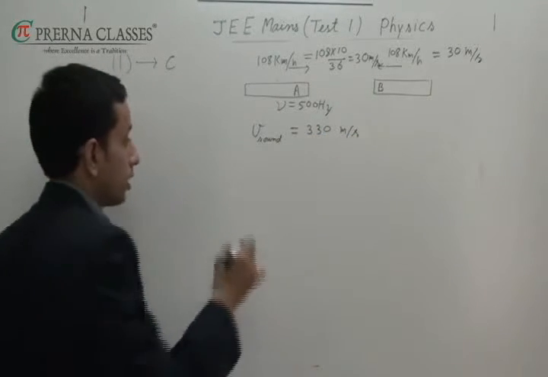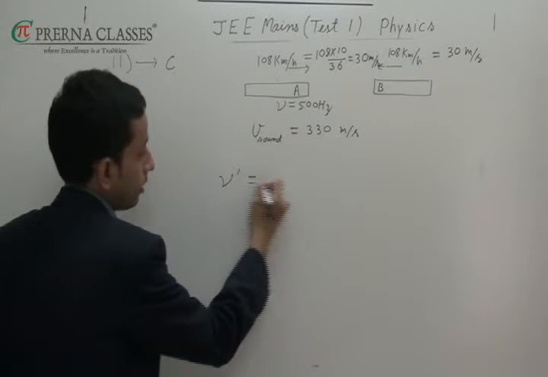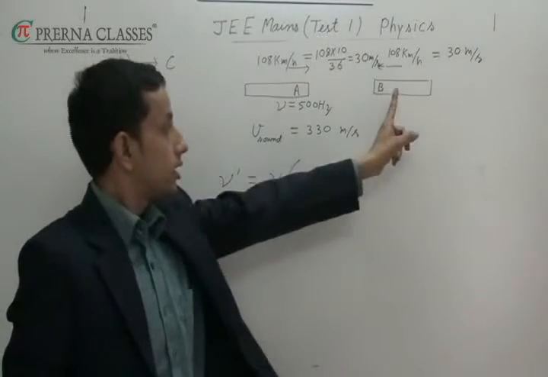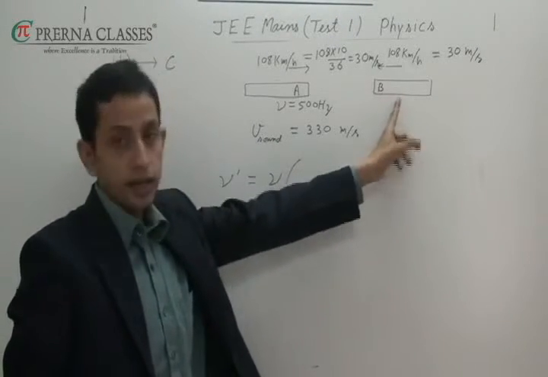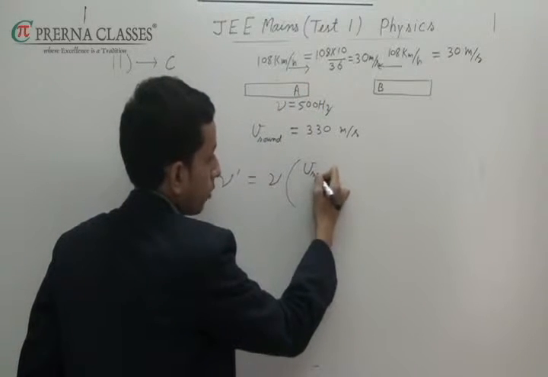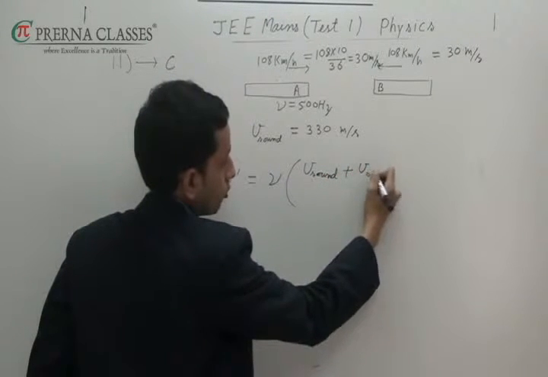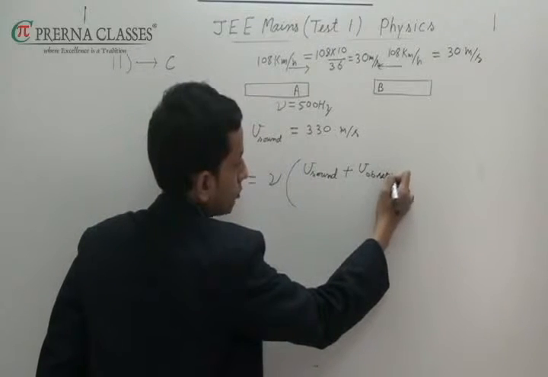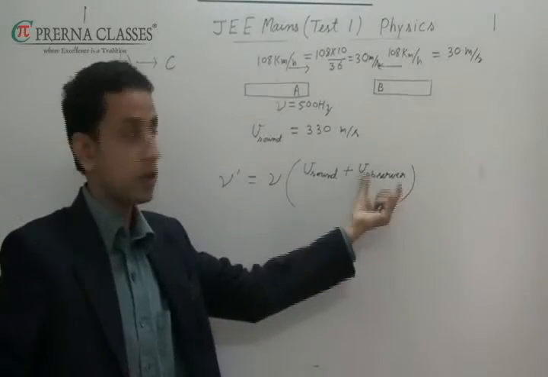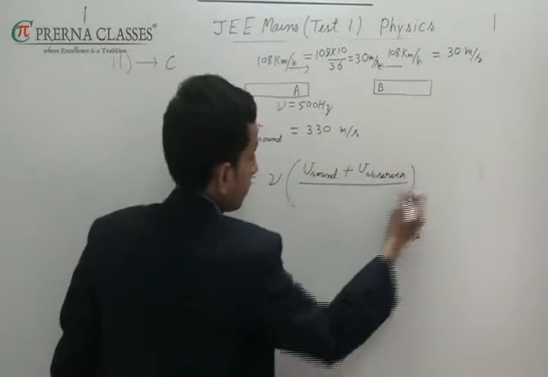For this we will use the Doppler effect concept, and the apparent frequency will be the original frequency into, since the observer is moving towards the source, velocity of sound plus velocity of observer, because the observer is coming towards the source, divided by